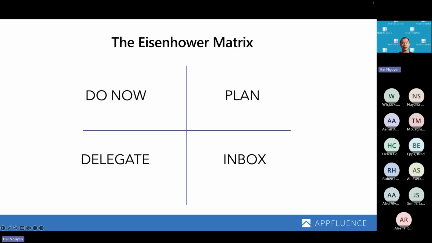The second thing is that the plan quadrant is actually your most important. And I learned this in a conversation with a customer. I remember being at a conference where the customer comes to me and says, wait a minute, if I have everything in quadrant 1 and that's all I'm working on, then I'm constantly firefighting. Shouldn't I have nothing in quadrant 1 and everything in quadrant 2? And it is such a powerful insight,